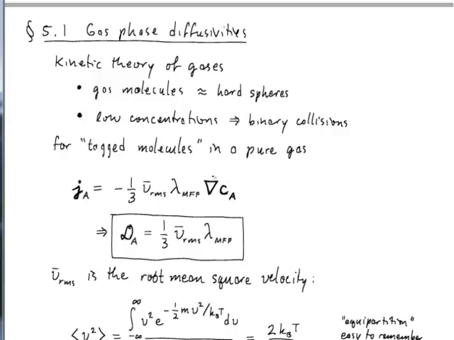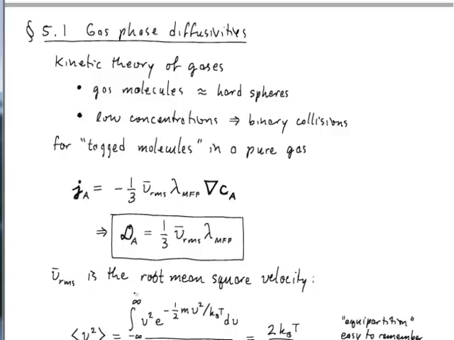And then you multiply this by the gradient of the concentration of a particular species that you're considering, and that gives you the diffusion flux of that species. So from this expression now, and just looking back at Fick's law, we can identify that the diffusion constant for hard spheres in the kinetic theory of gases must be this expression, 1/3 of the root mean squared velocity multiplied by the mean free path. Okay, so that's the result that comes out of pure component vapor.